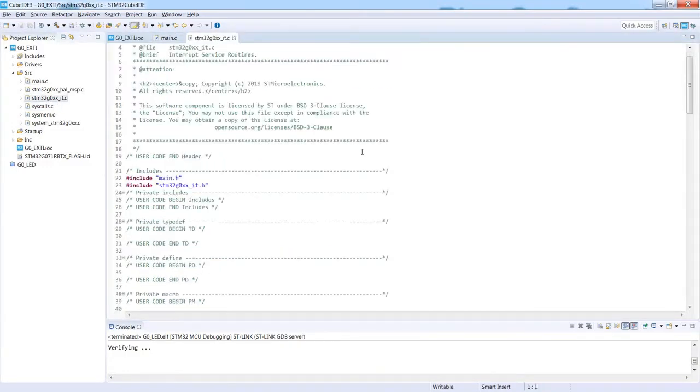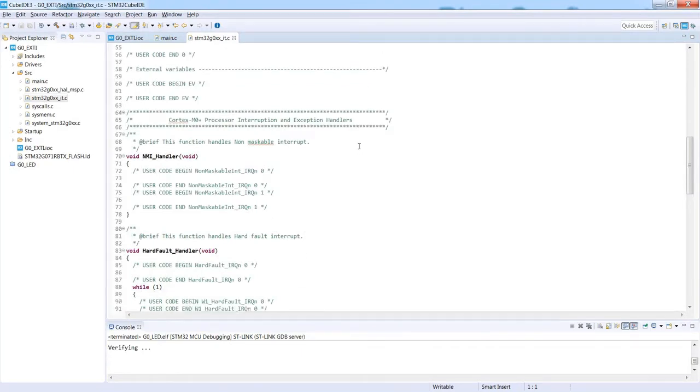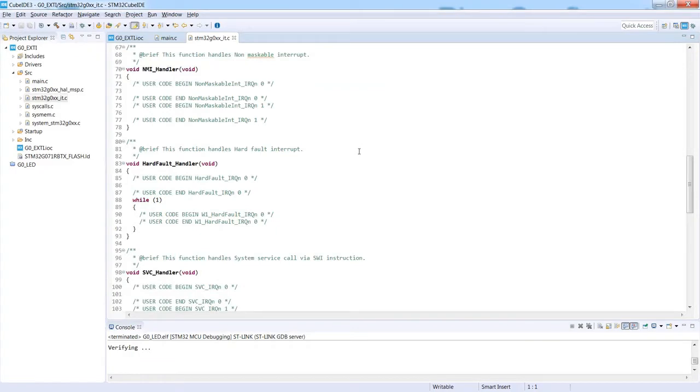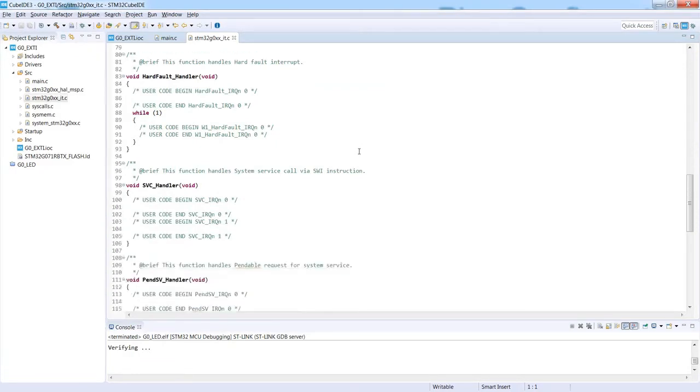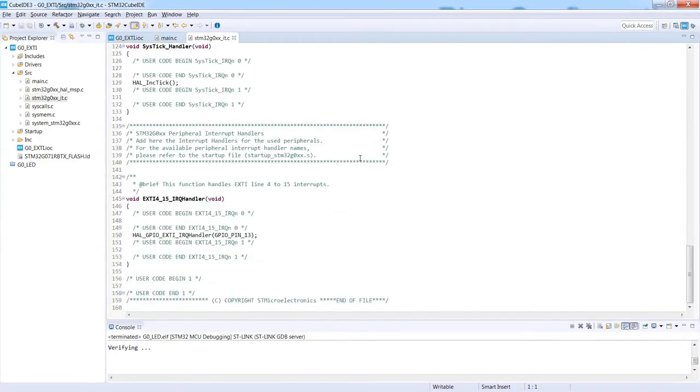STM32G0 Let's scroll down. This is the file which contains all implemented interrupt routines. So at the beginning you can see some system functions like fault handlers, SysTick handler, which is used to generate the timeouts. And below, more or less line 145, you can see as well the external interrupt handler, which is